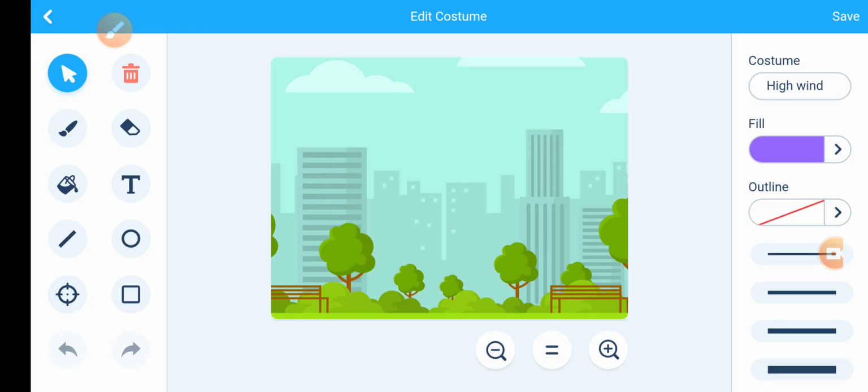Press OK. Then you have to resize also, because there should be 4 trees present, so there should be white space. To resize this, click on that option.